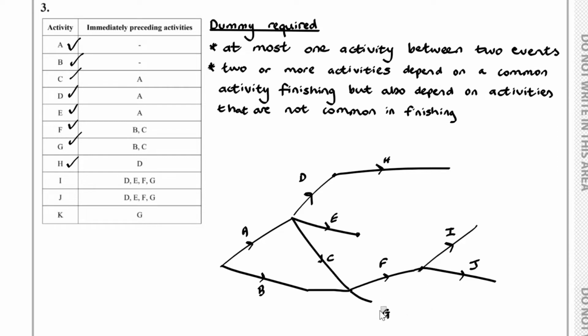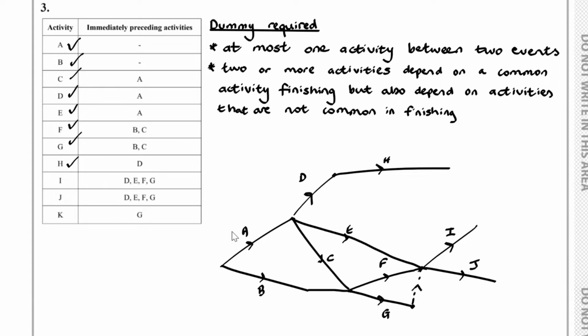So if I show that, if we have G come in to some point here, then we can have a dummy between G and the starting point of I. Okay, so we've shown that it depends on F and G. Now we need to show that it depends on E. So E, what we can do here is extend this out to here. Okay, so we have E over here,